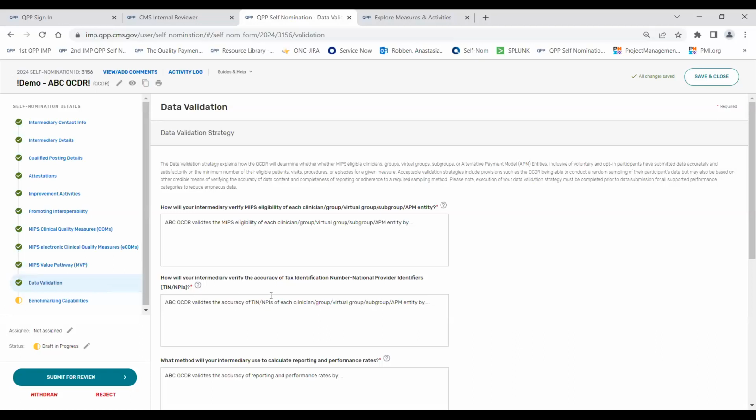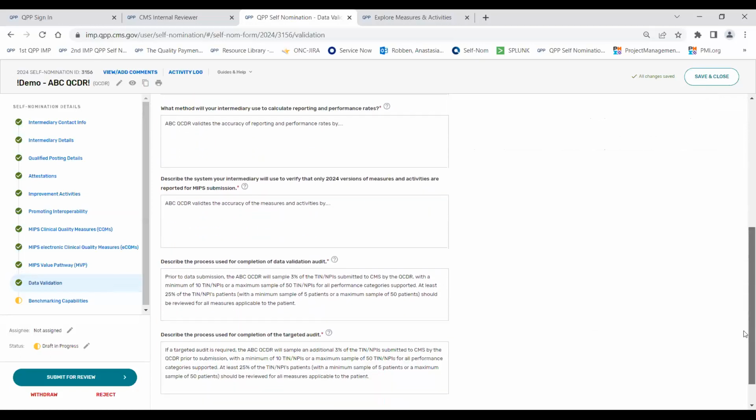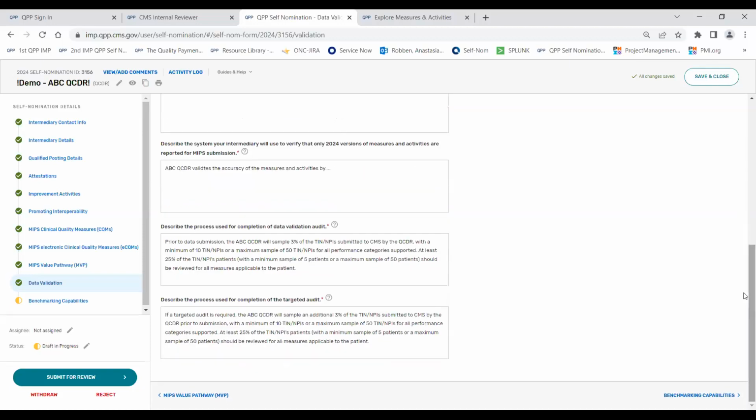So on the data validation here, we do expect that you will detail how you're planning to verify the MIPS eligibility, how you plan to verify the accuracy of TIN and NPI identifiers, how you plan to ensure that the reporting rates and performance rates are accurately calculated and submitted to CMS, how you plan to ensure that 2024 versions of measures and activities are reported for MIPS submissions. And then the final 2 here are how you plan to complete your required data validation audit and then targeted